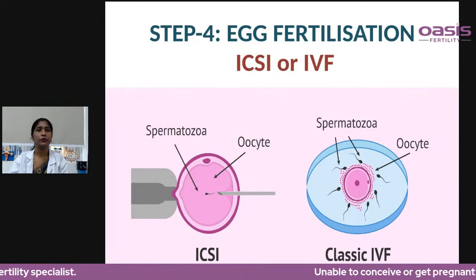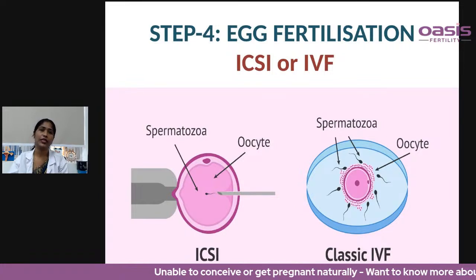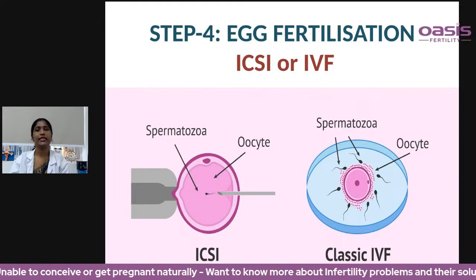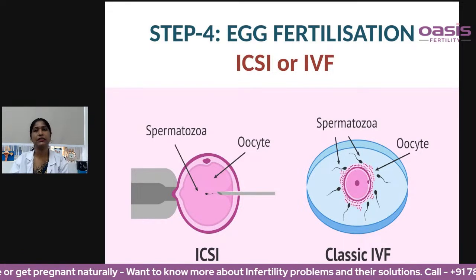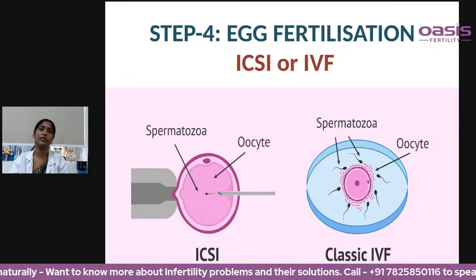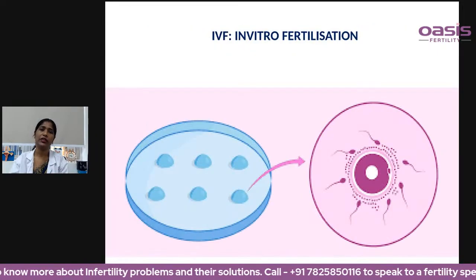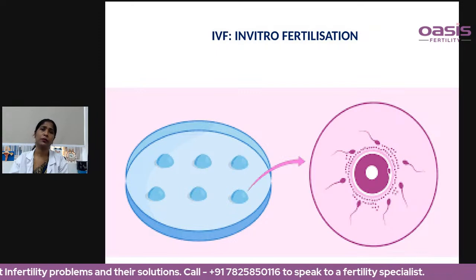Then the most important step is step 4, which is fertilization. Now we have two ways of fertilization. One way is called ICSI, and the second is classic IVF. ICSI is short for intracytoplasmic sperm injection. The difference is that in IVF we keep each egg